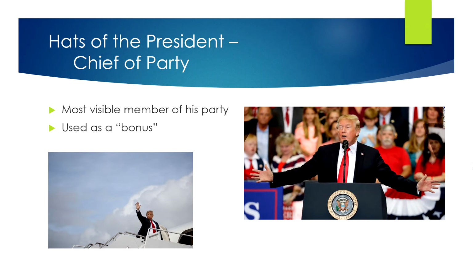The president is the most visible member of their party. So President Trump is the most visible member of the Republican Party, and before him, President Obama was again the most visible member of the Democratic Party. So this is